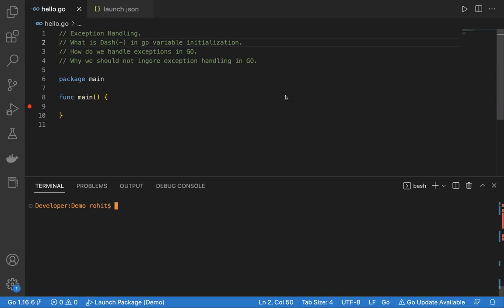In this session, we'll understand exception handling. What is a dash in Go variable initialization? We'll be telling this because we'll be making use of it while handling the exception in Go. Then how do we handle exceptions in Go, and why should we not ignore exception handling in Go? So exception handling is basically a technique through which we handle the errors or the exceptions in Go, and we